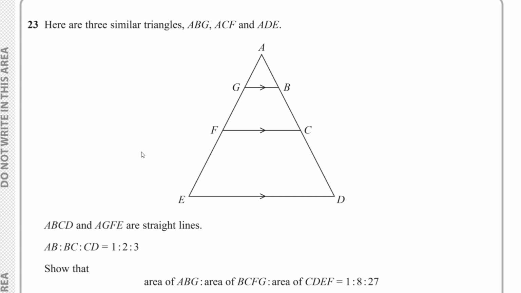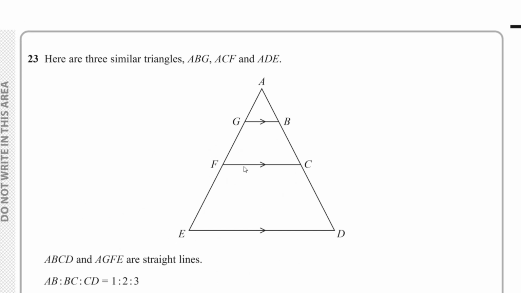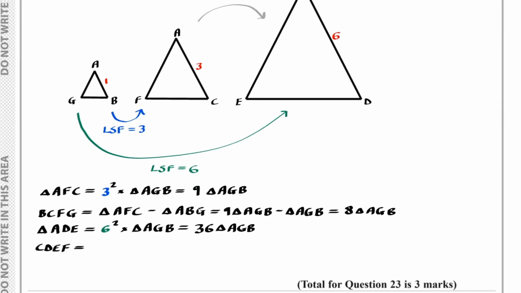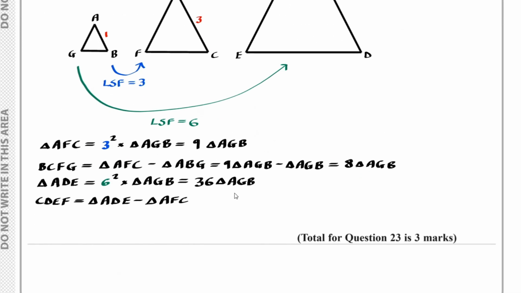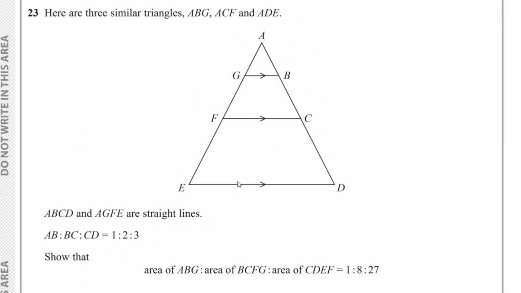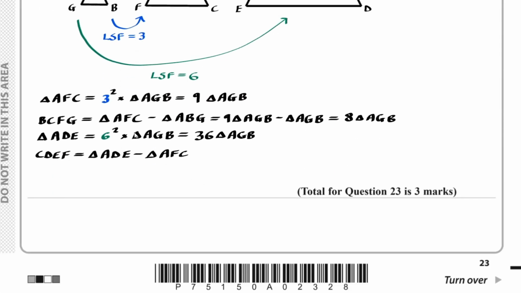So now I can find out what CDEF is, and that's found by this big triangle ADE, and I'm going to subtract from this AFC. But I've already found out what AFC is over here. So I've got 36 AGB, subtract 9 times AGB, leaving me with 27 AGB, which means the ratio of ABG